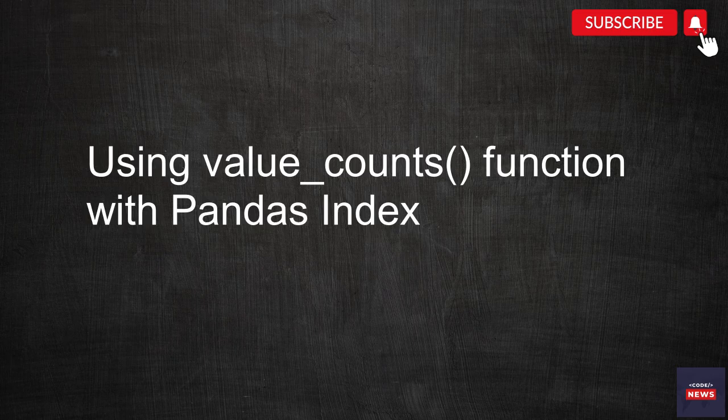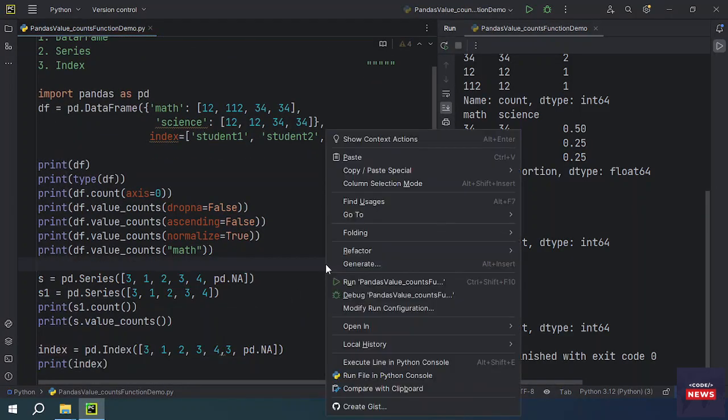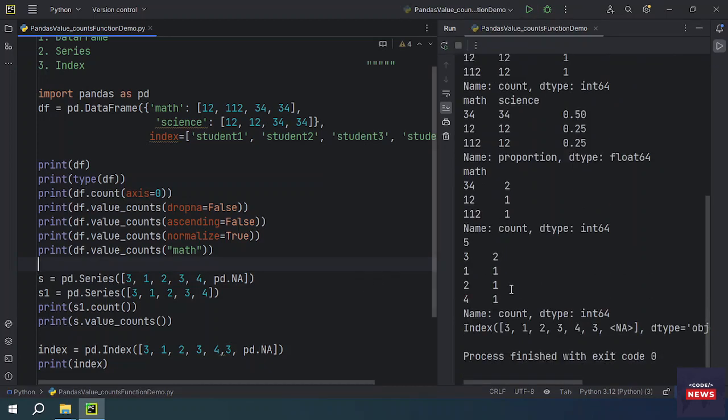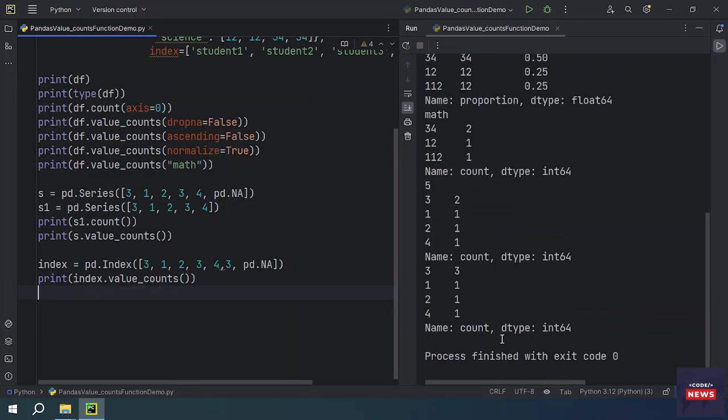Now let's see index. Index returns an object containing counts of unique values. Again, the resulting object will be in descending order, so that the first element is the most frequently occurring element. It excludes NA values by default. I have some index already ready with me. I'll print and run the program, so you will see your indexes. These are created, and if you apply value_counts, it will return you the unique rows. 3 has 3 times, and 2, 1 and 4 only once. If you make 2 again,